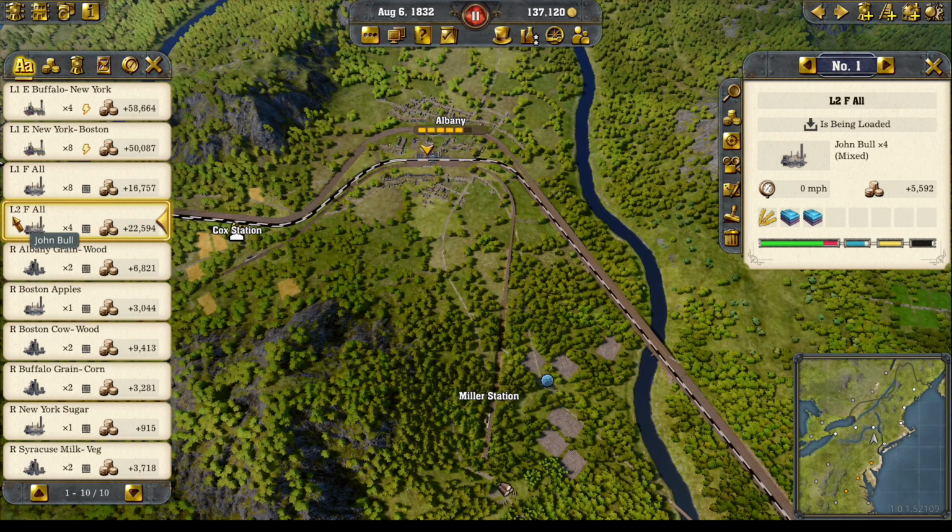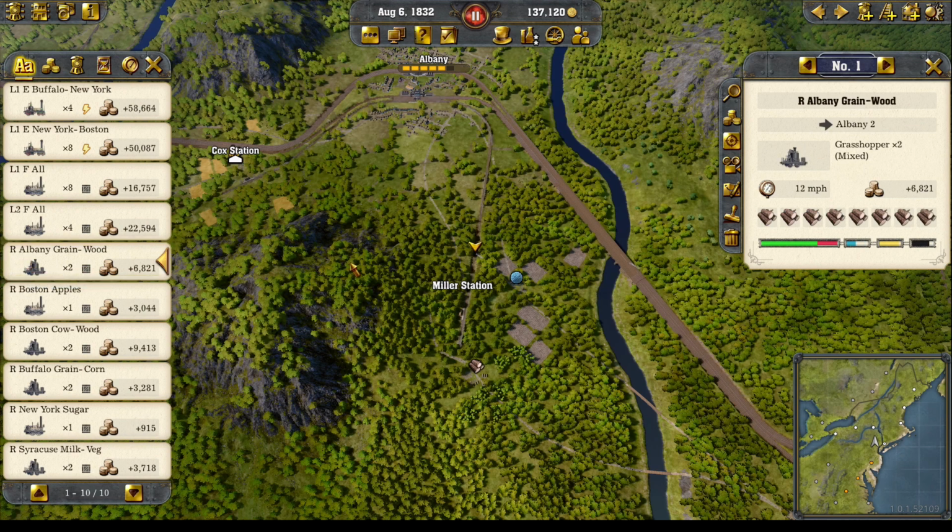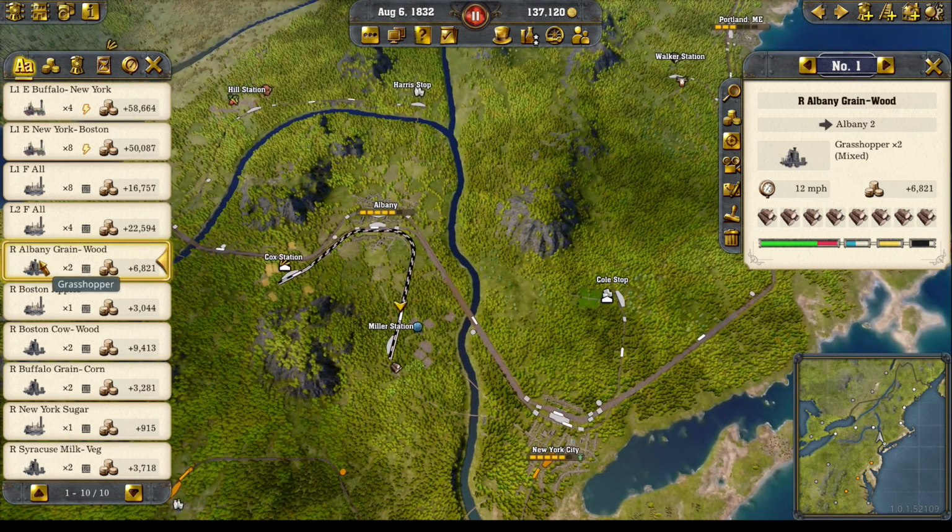Going back to the naming convention, I've got R for resources. So here we've got Albany, and it's grain and wood. It's collecting grain, it's collecting wood. It's also collecting...